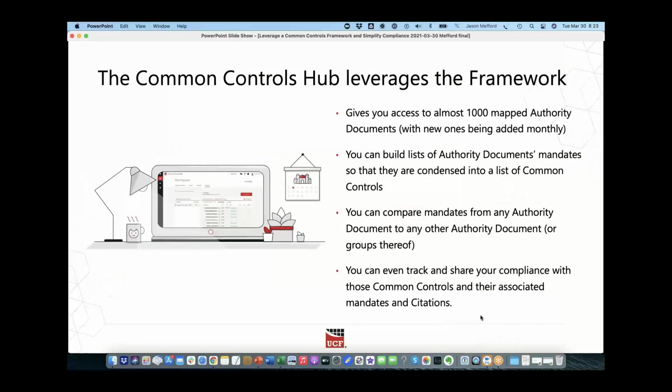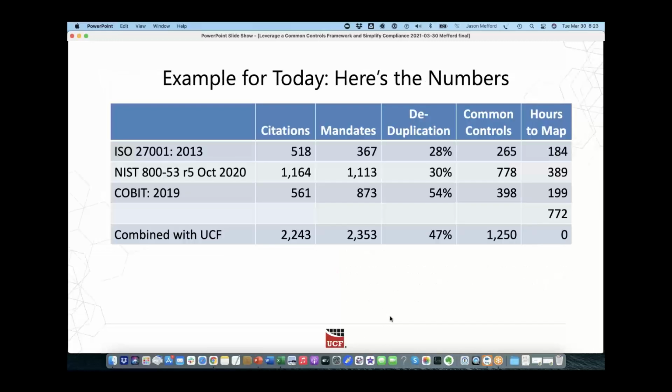Okay. And it leverages the framework. There's access to about 1,000 different mapped documents and, as I said before, 10 to 15,000 different common controls, and most likely one of those common controls is going to help you comply with most of the different mandates from the authority documents that you're working with.